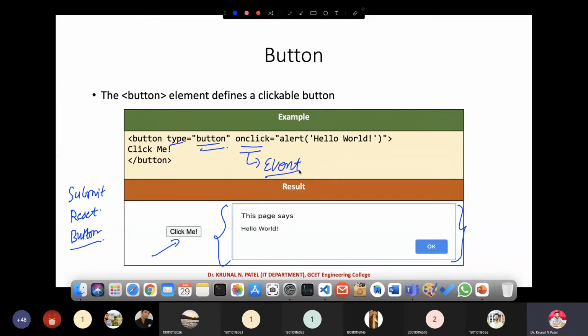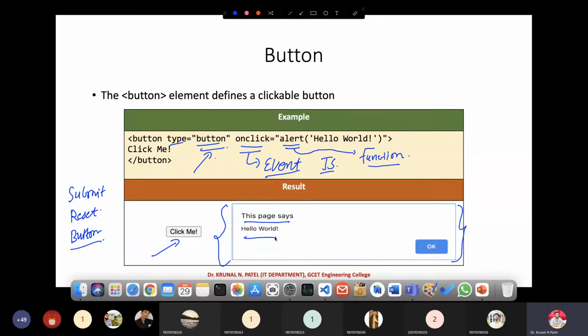So whenever you are writing JavaScript code, at that time we go for these button inputs. Okay, so now here what happens, right? Here you can define a function. Here we have used the inbuilt alert function. So it's okay, that will be displayed like this.